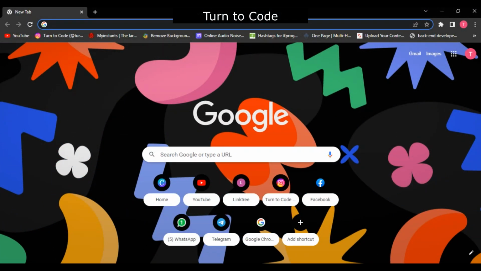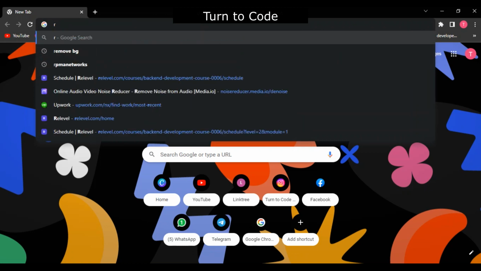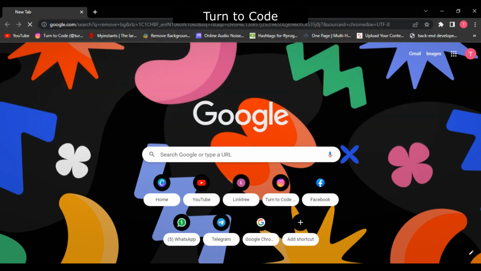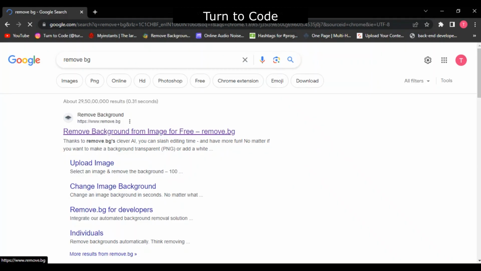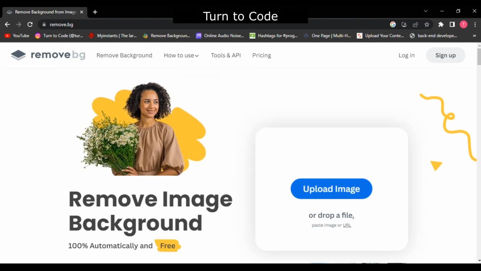So for removing background, open your browser and search remove bg and click on the very first link, www.remove.bg. Here it is completely free. Click on upload image,